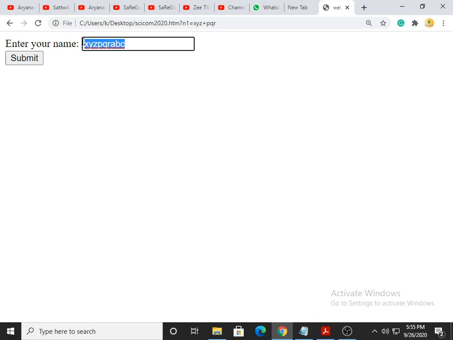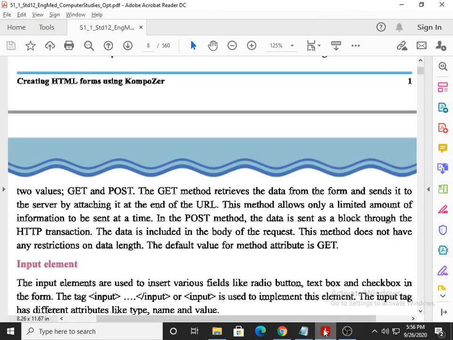And if it is get method, then all this data is transferred in batches of 256. For example, if the data is 700, it transfers 256, then another 256, then another 256. Likewise, it transfers the information.